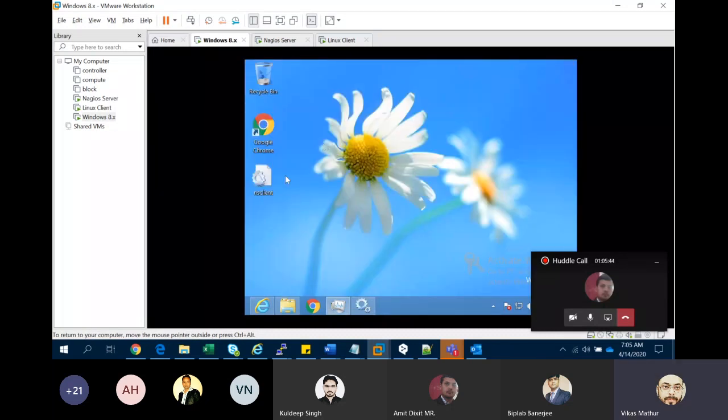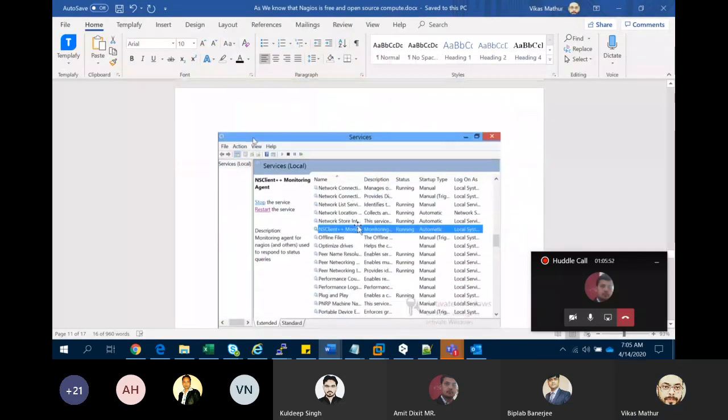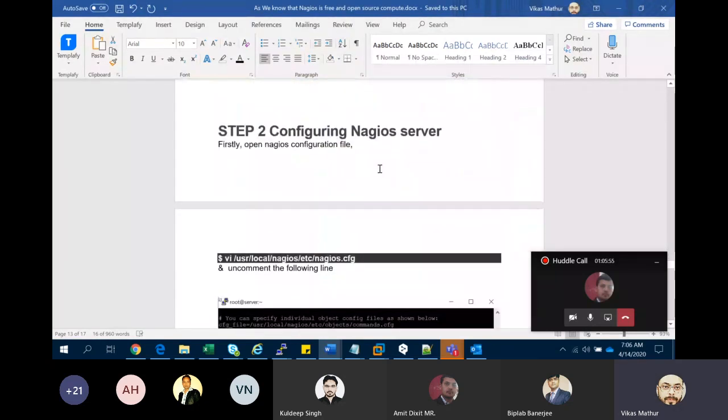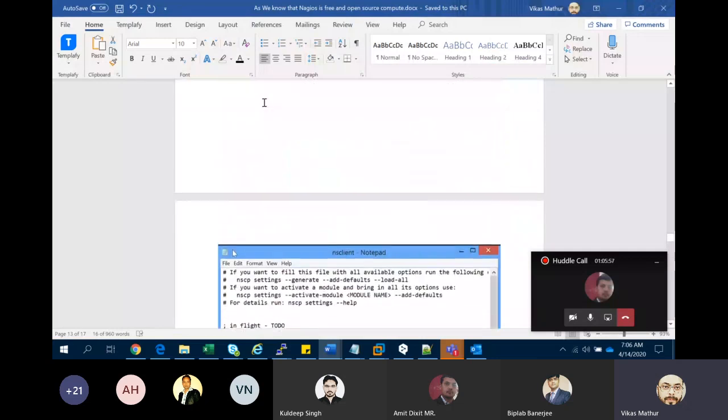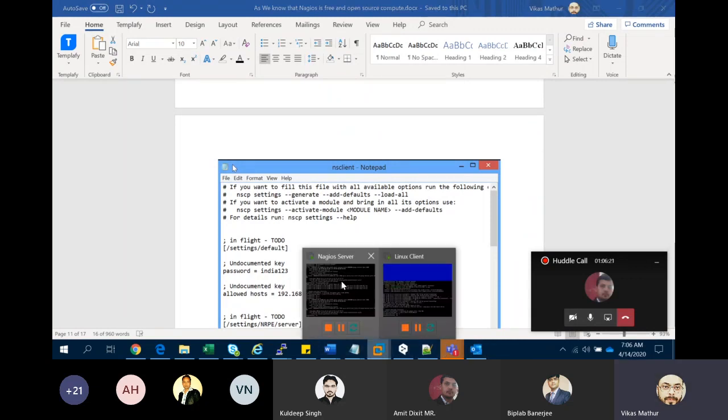So these are the things you need to do here on a Windows machine. That's what I just mentioned here. You allow these things. Okay, this is only the part for the Windows machine. You just install this particular package, define your IP address and the password, and restart the service through the services.msc file. And in some cases you need to check your firewall also. If your firewall is not allowing that particular port, I will show you, it will create some issues also.